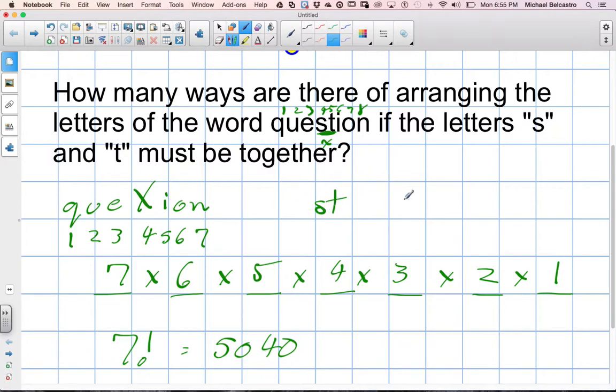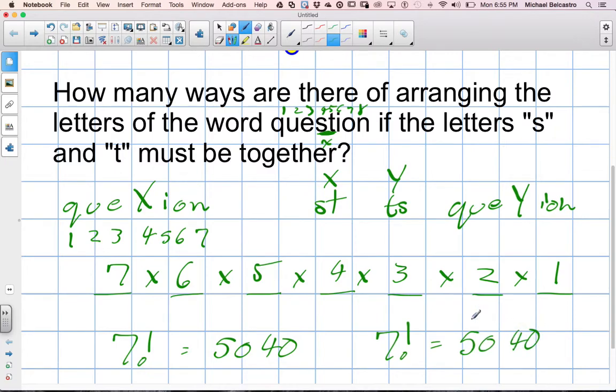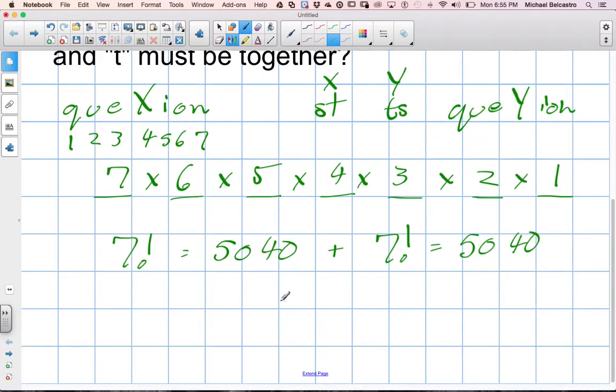But we can now also say, what if we wanted the order to be TS? Well, we can call TS, let's call that Y, and that's a whole different question now. Now we're looking at the word QUEYION, and we already know that's 7 placeholders, and that's another 7 factorial, which is 5,040. So we would technically add these two together, and we're looking at 10,080 options for the word question